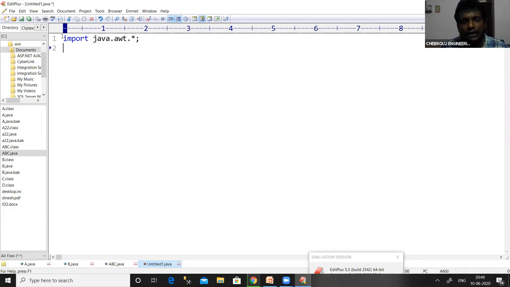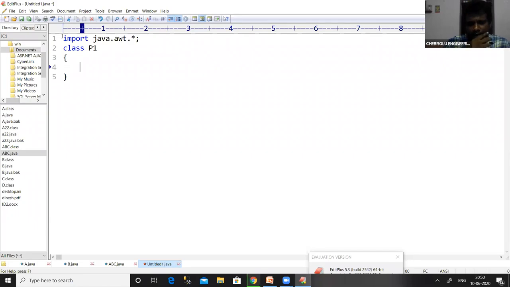This particular statement will import all the classes which are inside the AWT package into our program. We all know that star will include all the classes of the particular package. After writing this statement, define a class. Take the name of the class as you wish. For example, my class name is P1.